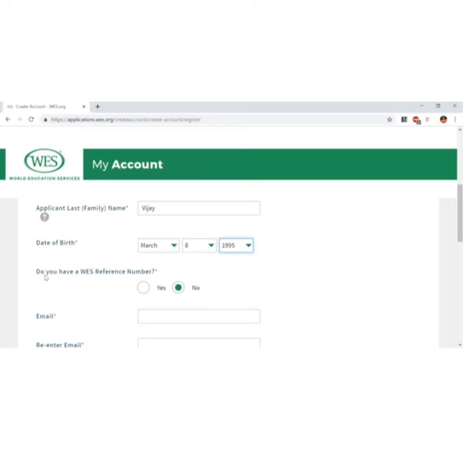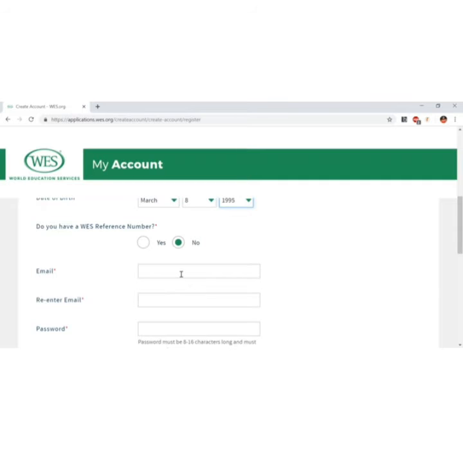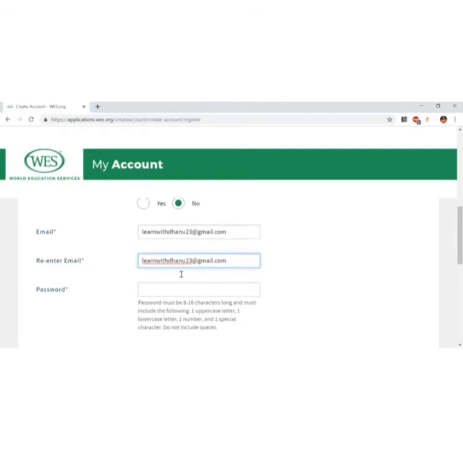They are asking for a WES reference number, and if you're doing it for the first time, you definitely will not have one. So this is by default no. So put your email ID. Re-enter the email ID. I'm just putting a random email ID, because I've already used my email ID for another video.